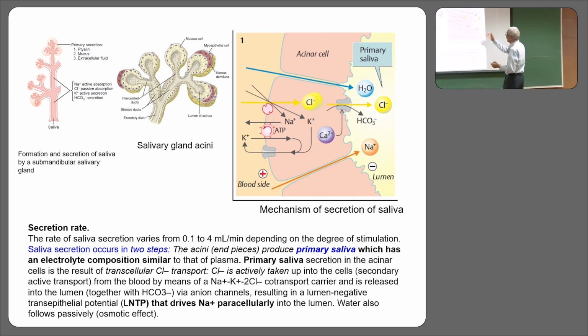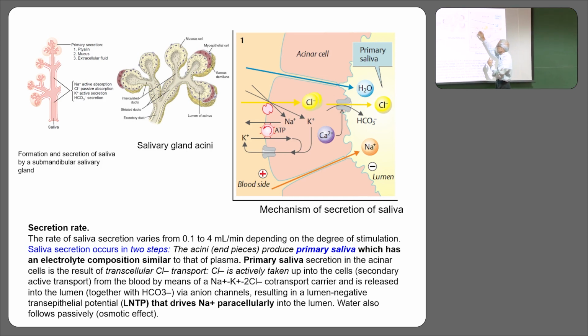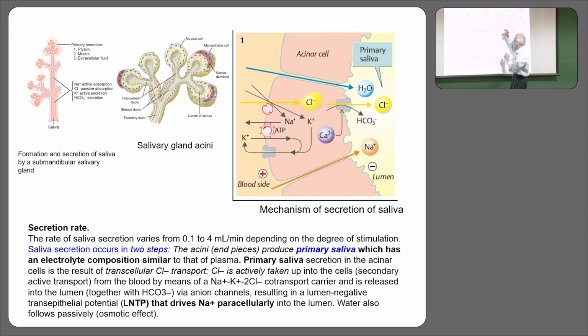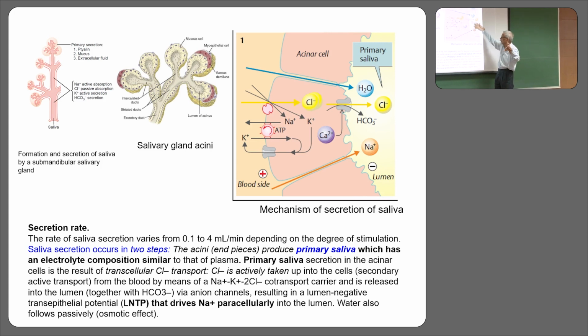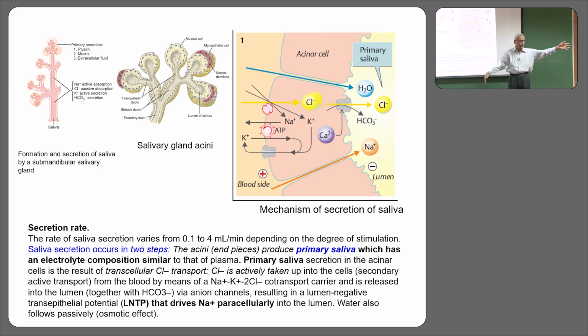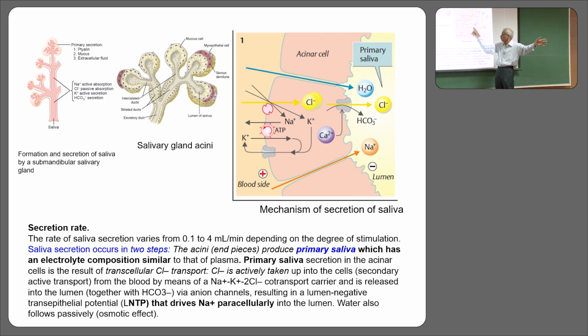Now let us go for the most important part. What I will do is pick up a cell from here and blow up the cell here, and the cell has a luminal side. As usual, we have done this 100 times. This is the apical side and this is the basal side, and the moment I say basal side, you should immediately look for